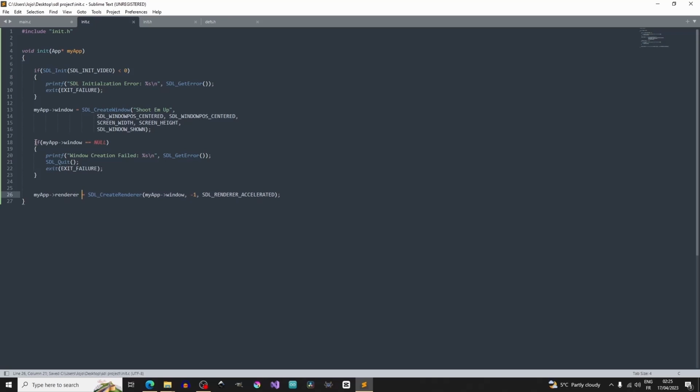Then we need to make our test. Let's copy and call it again, and here we need to test our render. If the return of the function is null, let's print an error to the console, render creation failed, and call SDL get error, and then